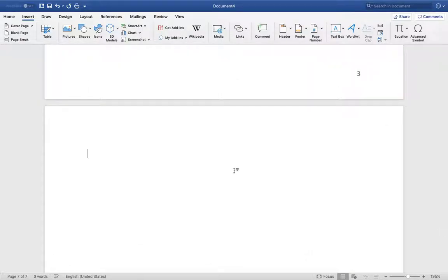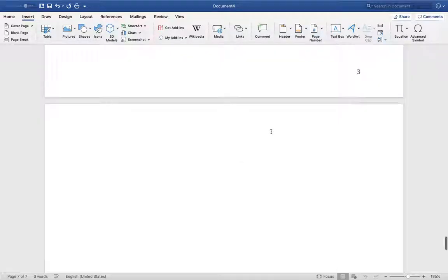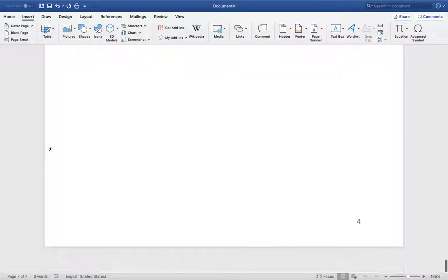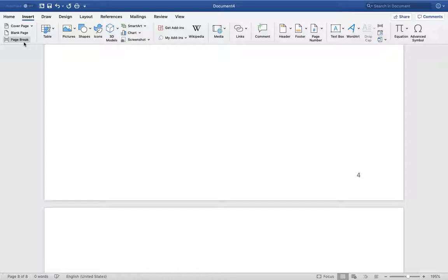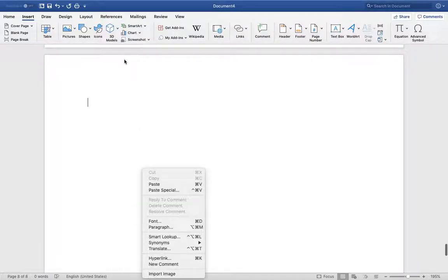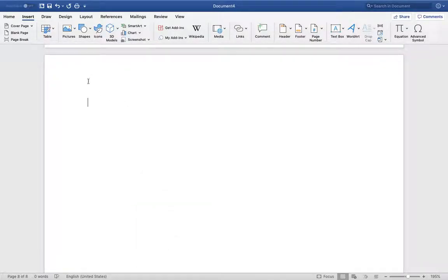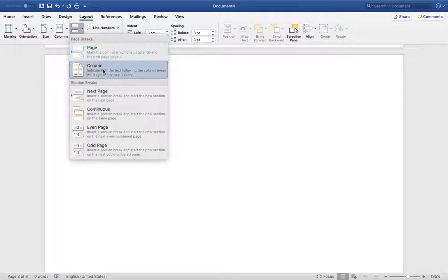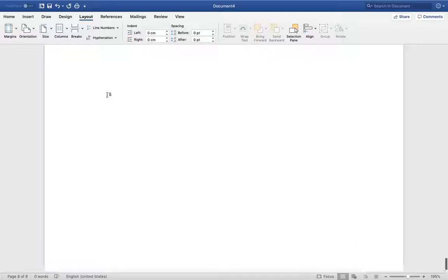Now I want ABCD numbers. To do that, first I'm going to create a page break, and now we have to click layout, breaks, next page. Okay, now